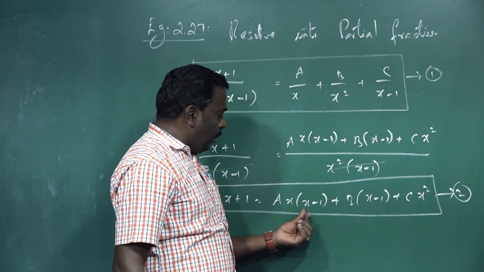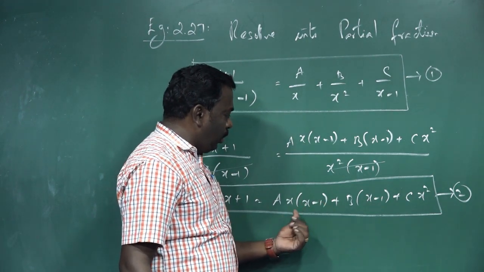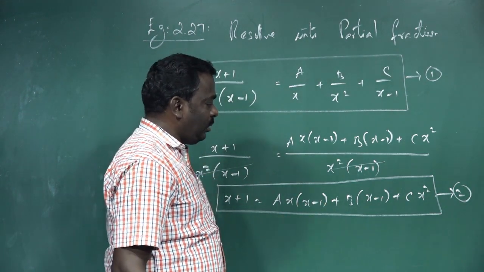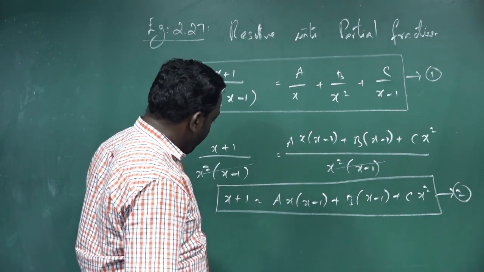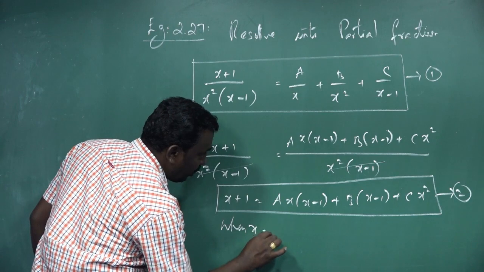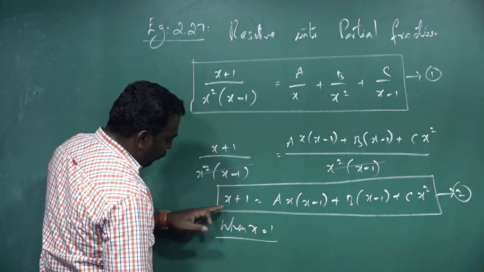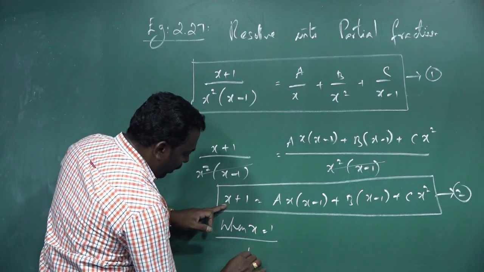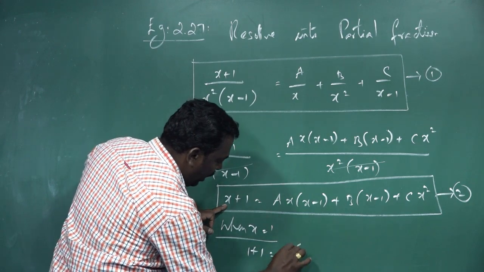Therefore put x value equal to 1 and put x value equal to 0. We can put any other value for x to find out the unknown value of a. Now first one, when we put x equal to 1, on the left hand side we get 1 plus 1, that is equal to